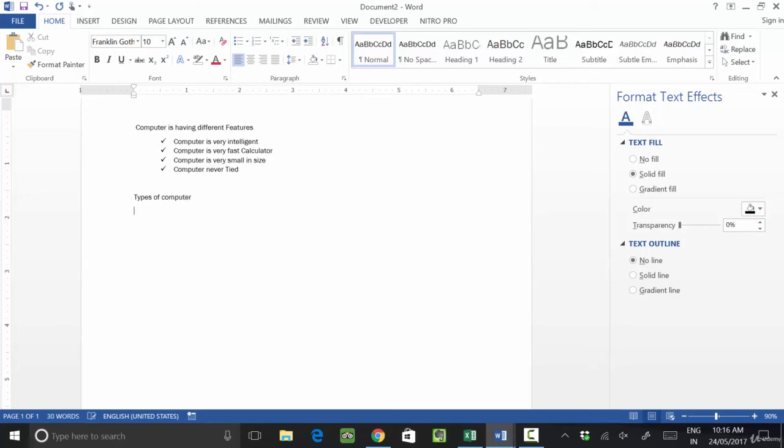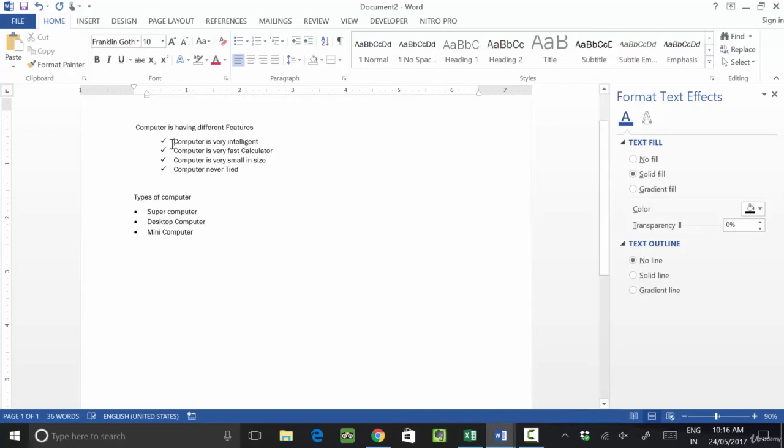If you want to reflect the types of computer in bullet format, press Ctrl Shift L. By default you will see bullets and numbering will start. So write like supercomputer, okay, desktop computer, okay, or we can have a mini computer. Okay, if I want to stop, double enter, so it will become normal.